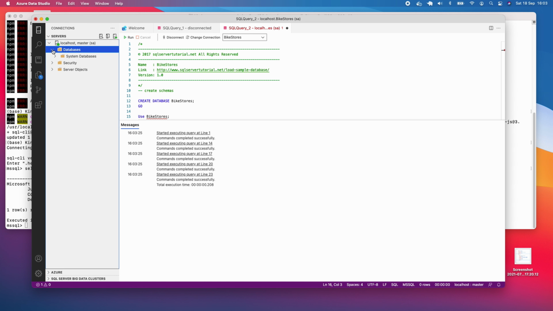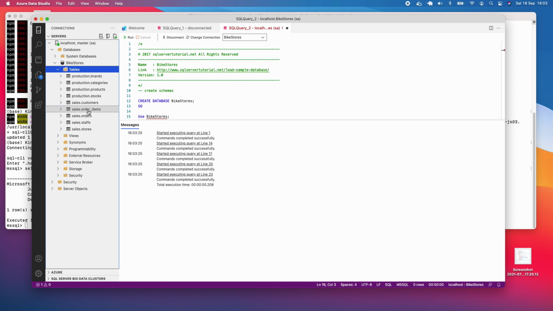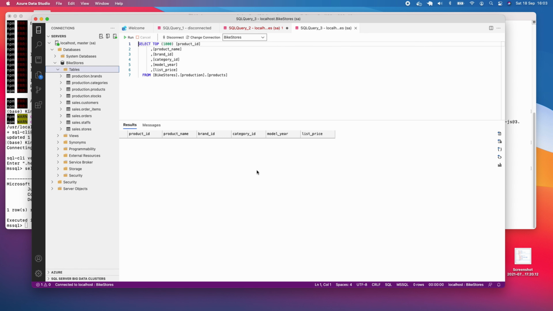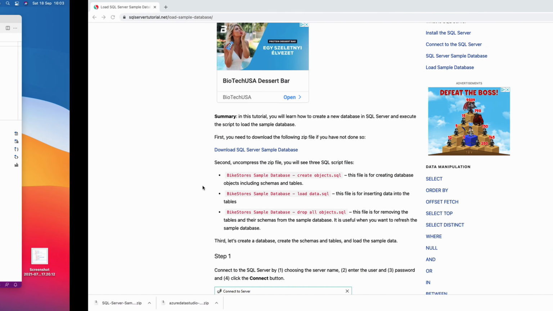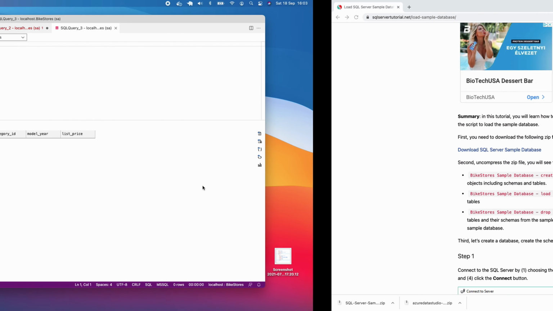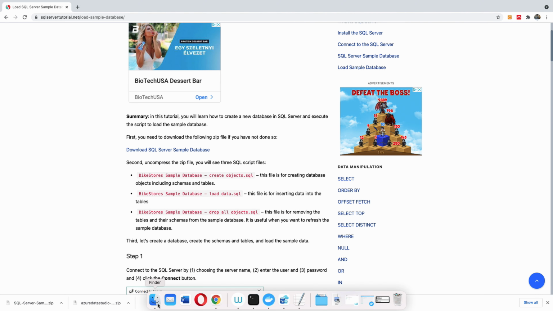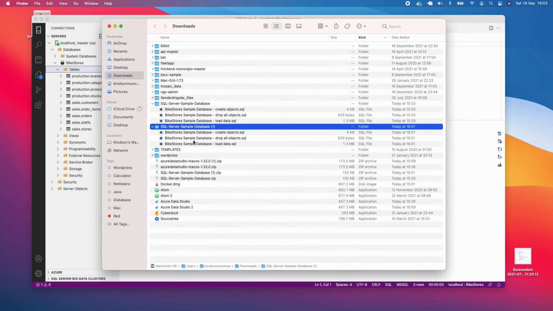So if I go back to database, right click on the database and refresh, you can see we have our BikeStores database, and we have all the tables here. If I right click and select 1000 rows, it is empty. All right, so let's go copy the code to actually create these queries. So I'm going back to my Finder here, and the second one that says load data,